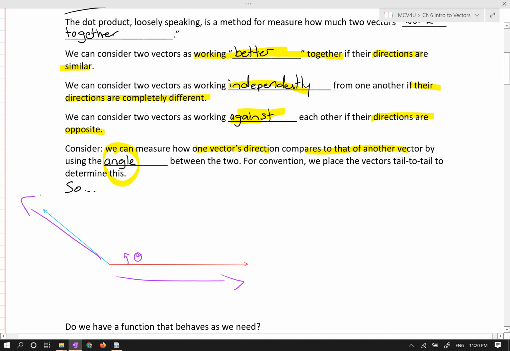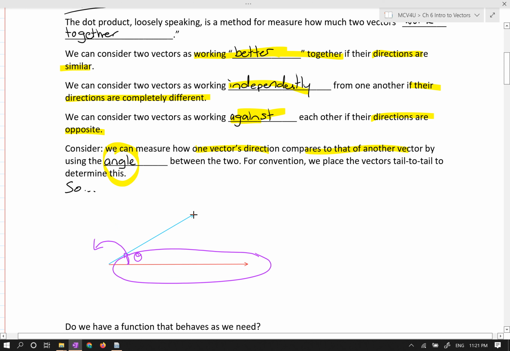And I know it sounds a little bit wishy-washy, more off in different directions. Yeah, well, that's what's going on. Their directions are a little bit more different because the angle between these two vectors has increased. So since these two vectors are now pointing more in a different direction than in the same direction, and what I mean by that is that